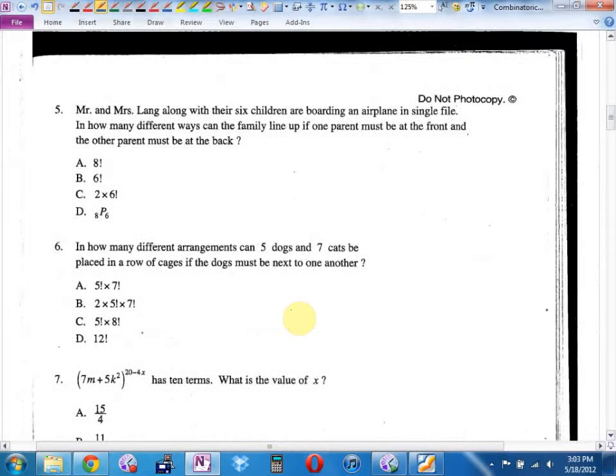Mr. and Mrs. Lang, along with their 6 children, are boarding a plane in single file. How many different ways can the family line up if one parent must be at the front and one parent must be at the back? I think, again, I'm going to draw a blank. How many choices do I have in the front for the first parent? 2 in my family. How many choices for the second parent? 1. How many choices for the first kid? Then, and